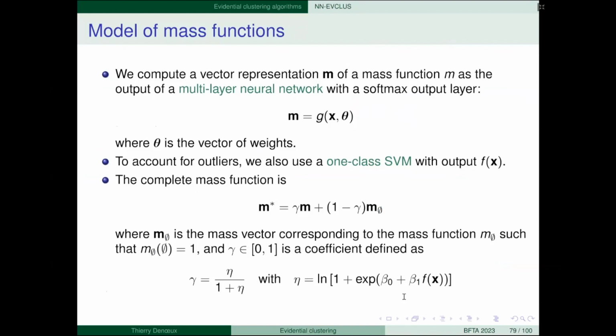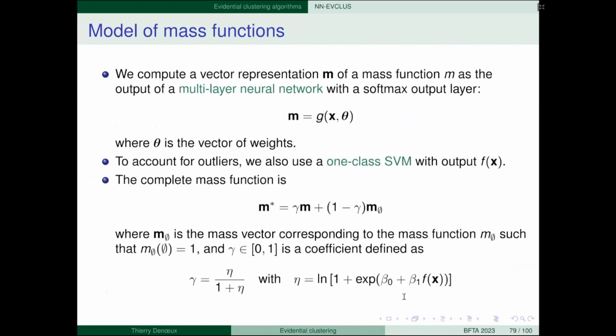Typically we'll have a softmax. Those of you who know a little bit about neural networks should understand what I'm speaking about. You have a softmax layer so that the output sums to 1. So here what comes out is a mass function. We want to learn this neural network. It can be deep or shallow, it doesn't matter. So M depends on X, and theta is a vector of weights in the neural network. By doing this, we compile the data set into a smaller number of parameters.